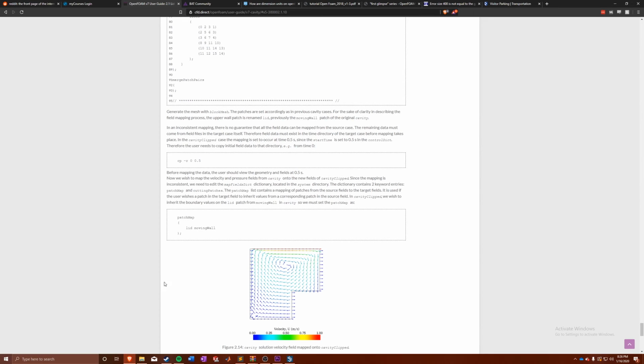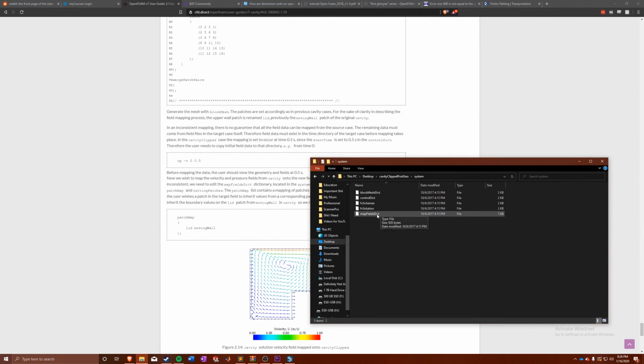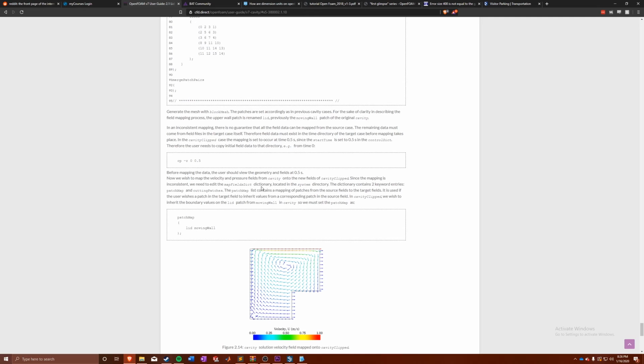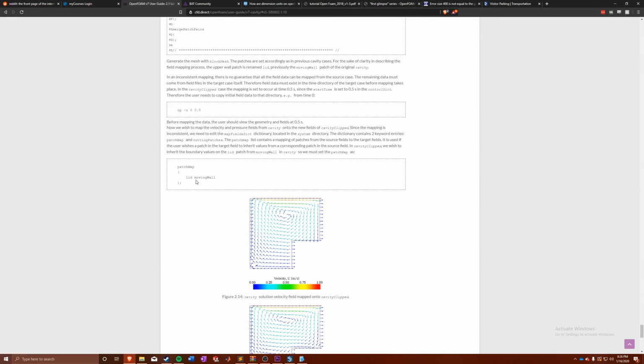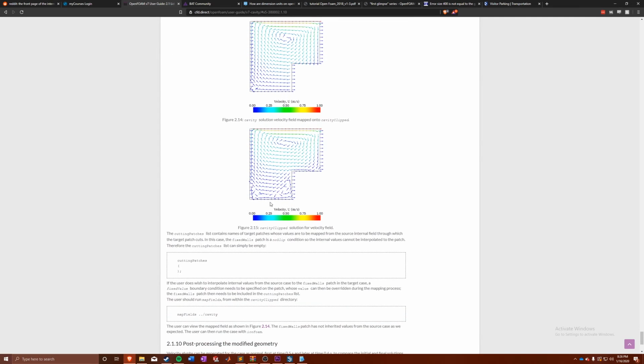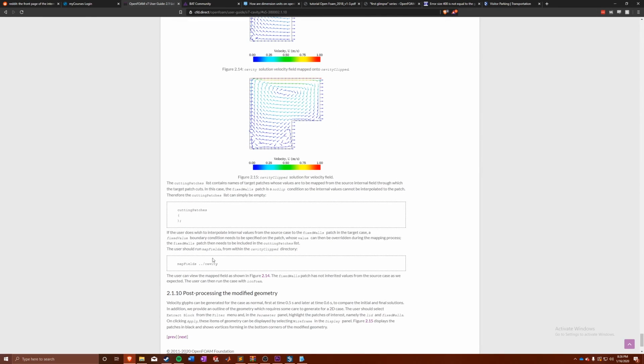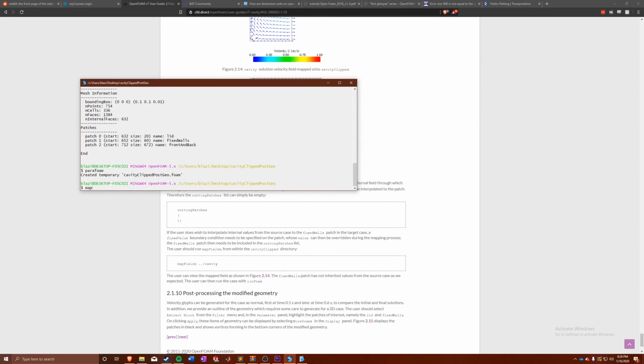So we have our mapFieldsDict, I hope. mapFieldsDict. And we have patchMap lid, movingWall. So I've been having a lot of trouble with this. We're going to see if this works to be able to map these results on top. So I'm getting a lot of errors where this mapFieldsDict doesn't seem to be read by OpenFOAM. But we can try and get this solution here where it's the actual solution, not the mapped solution from cavity. So our parameters are all set. So we just have to run the mapFields utility,